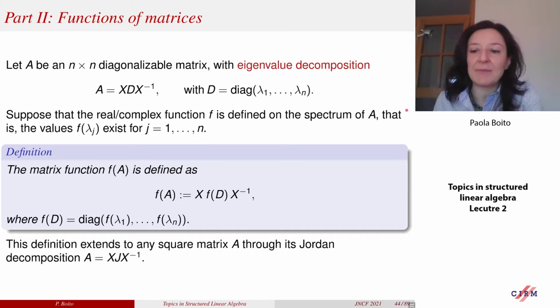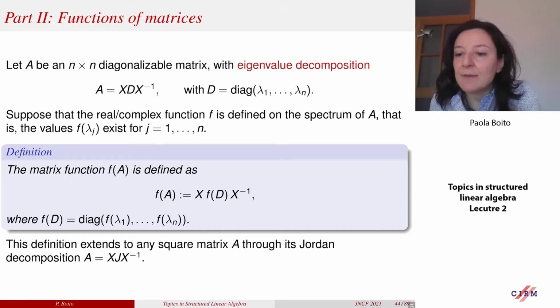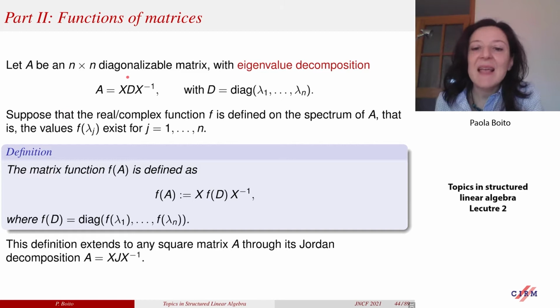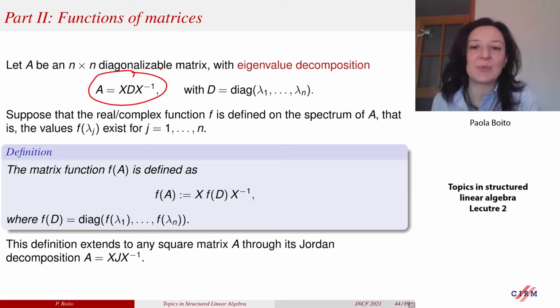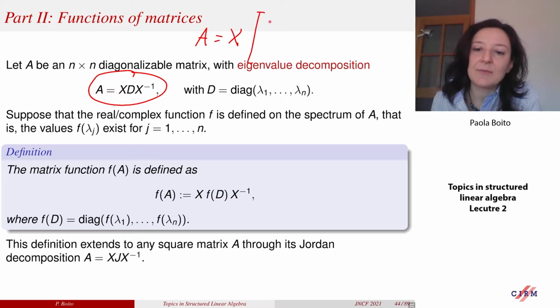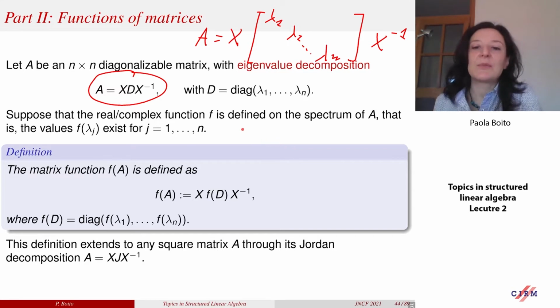So suppose our matrix has an eigenvalue decomposition. A is factored as an invertible matrix X times the diagonal matrix of eigenvalues lambda 1, lambda 2, lambda n, times X minus 1. And suppose we choose a function, real or complex, which is well defined on the spectrum